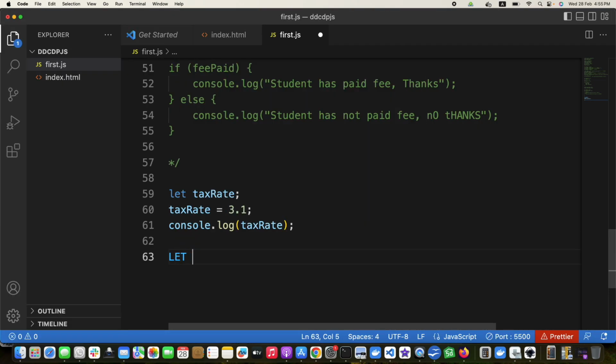Now the second one is null. So let roll number is equal to null. For example, there is a new student in the class, and we have not yet given him any number. We are waiting on the administration to give him some number. So what we can do is let roll number is equal to null. Now this variable is defined, not undefined, but its value is null. It's empty sort of. Exactly. So if I just check type of roll number now,